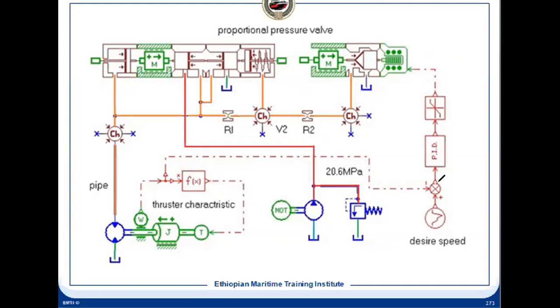Here, this is the desired speed, which is the speed at which we want to run the thruster. That is the set value here, and this is the measured value. The measured value is coming, and then it is compared. It's exactly the same for all control systems. Then here it is PID control, and its output is electrical, and that is ramp control.